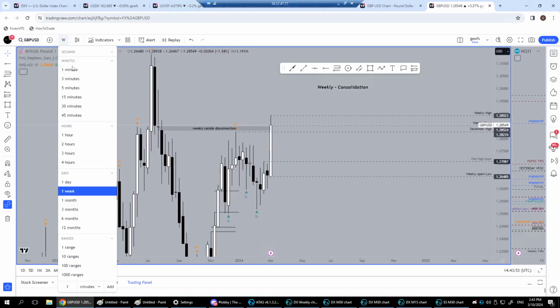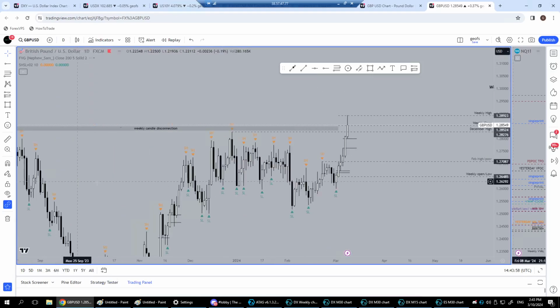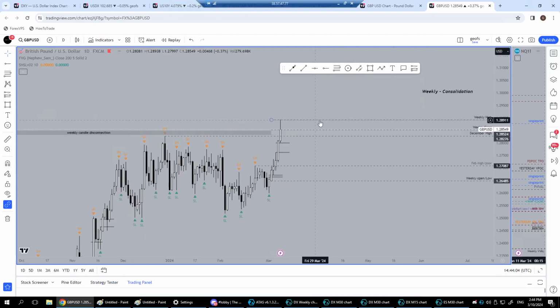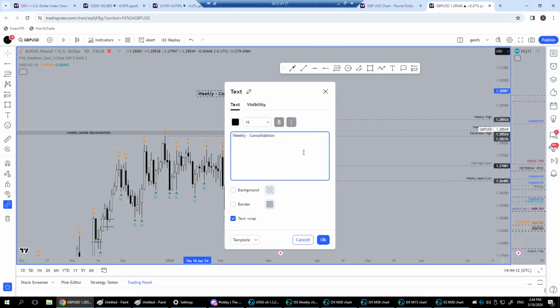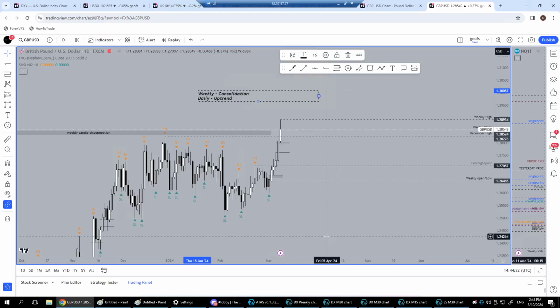So say weekly's in a kind of consolidation, I guess. Daily. You know, daily's in an uptrend. Generally, when you're trading, you want to have all your ducks in a row and be trading pro trend on all time frames. Is that going to happen for every trade? No. It's just the ideal. It's the platonic ideal, you know?